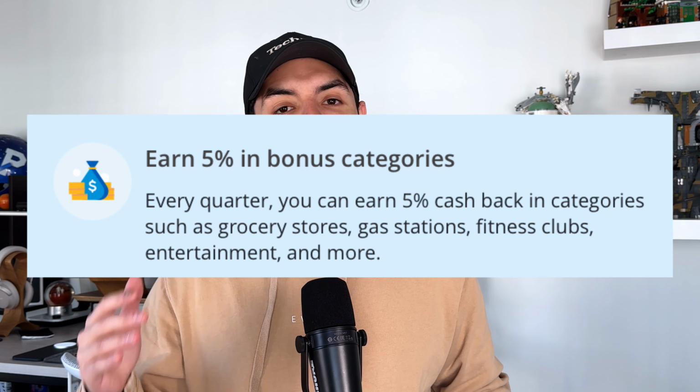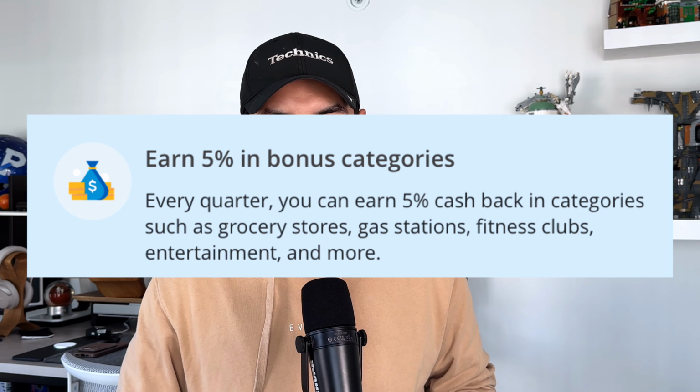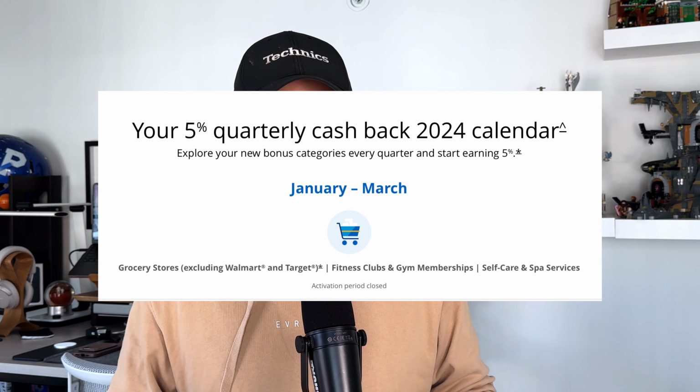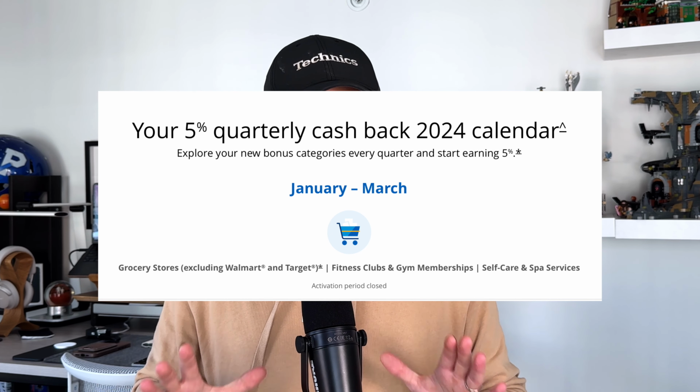So the way the Freedom Flex categories work is that every single quarter, they give you different categories of spend that will give you 5x back on that category of spend. So for instance, like I mentioned, with Q1, it was grocery stores, and I remember Q4 of last year, it was things like PayPal and EV charging. So I was able to maximize that up to $1,500 to spend per quarter, and that's the limit that you do get. So technically, the most you can get with 5x back is up to 7,500 Chase Ultimate Reward points,